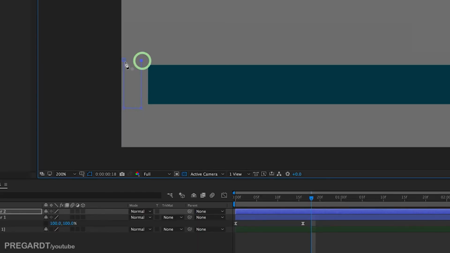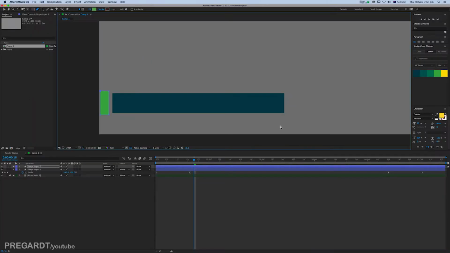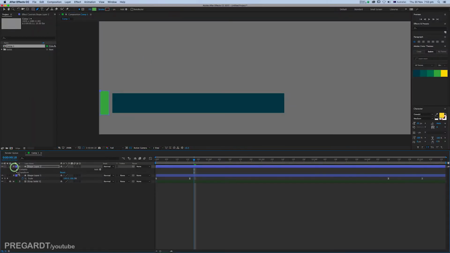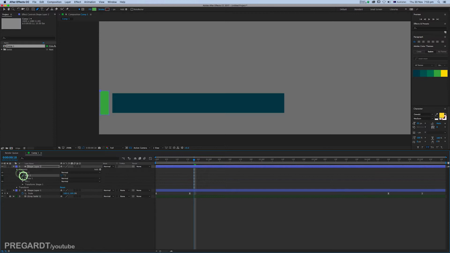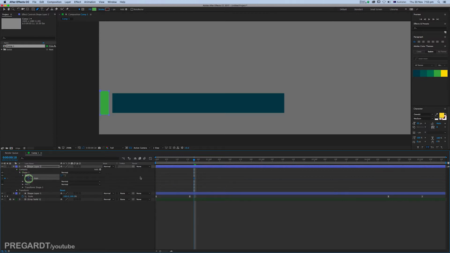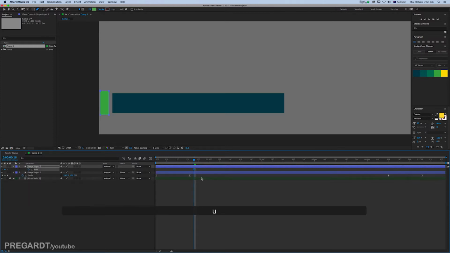I'm going to draw a little rectangle next to the main one, and I'm going to go to path and hit the stopwatch and hit U, and basically we can see just only these properties. Okay,